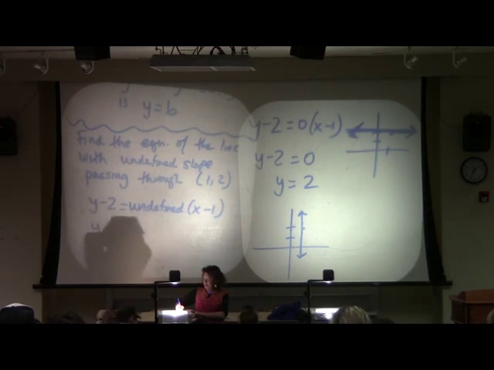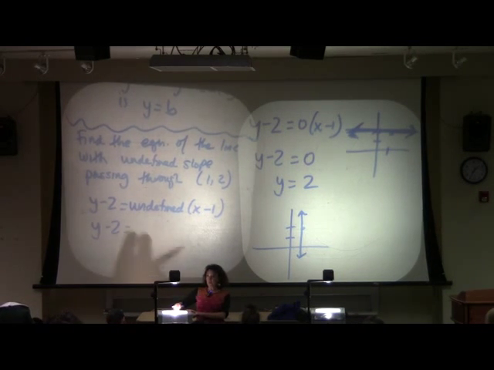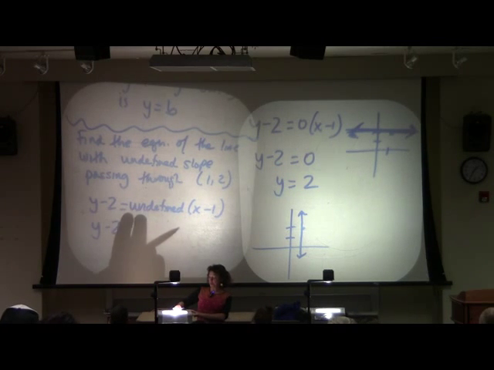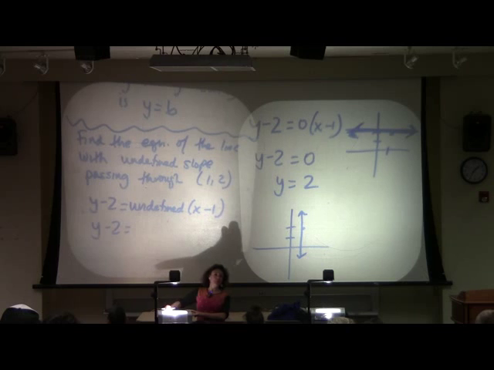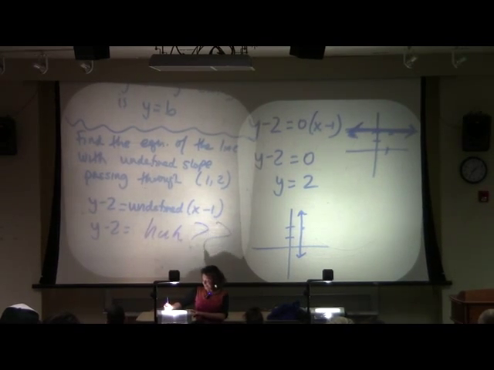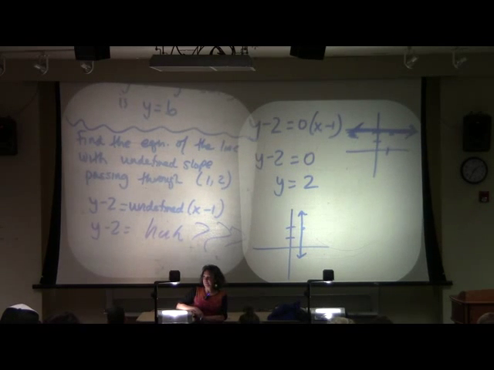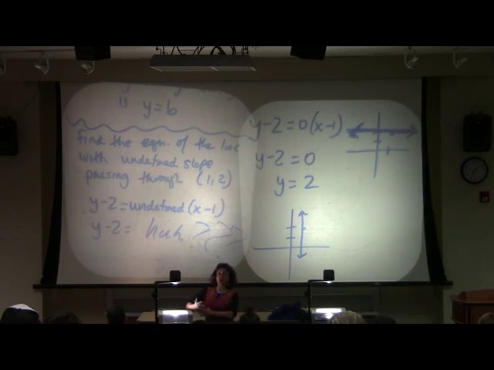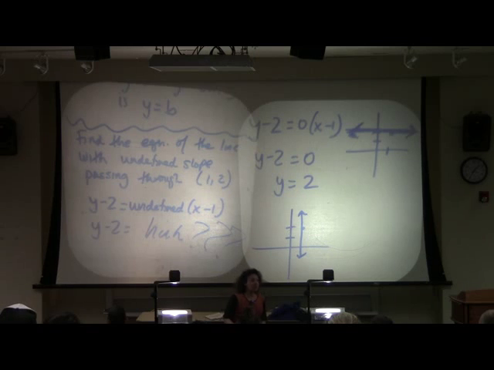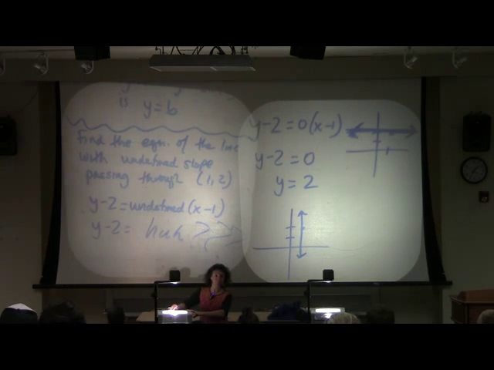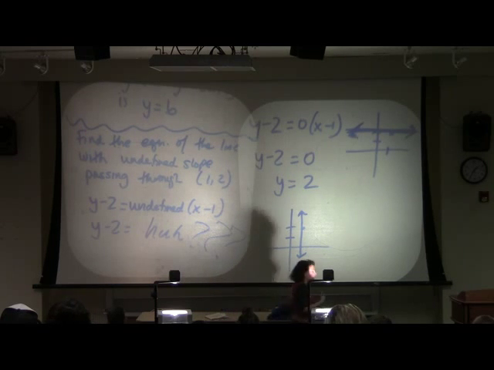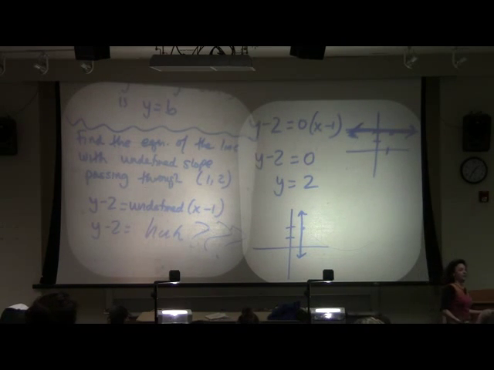All right, so on our left we have y minus 2. But what do we have on our right side? How do you distribute undefined? You could write it as undefined times x minus undefined, right? But what do we do here? This is a legitimate line. We should be able to find an equation, but do you see how we kind of ran into a fence post here? Yeah.